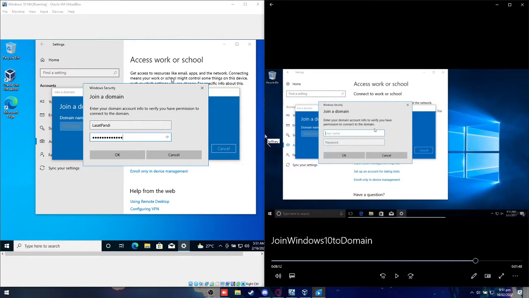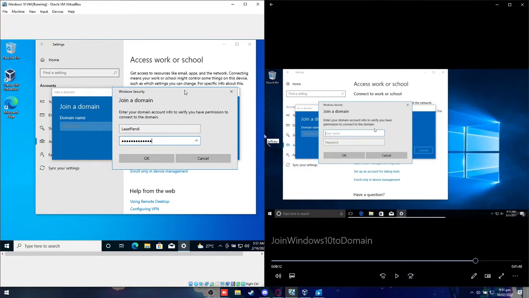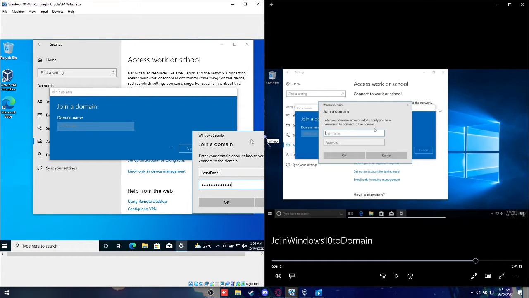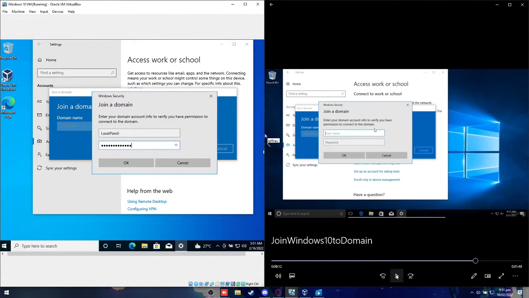If we were not connected, it would not give us the login credential prompt. Instead, the message would say it was unable to find it or unable to resolve it. Under the IP version 4 settings, if we did not specify the correct DNS server, it would not be able to resolve itflea.com. So I'm going to type in administrator, and I'm going to type in the password for that